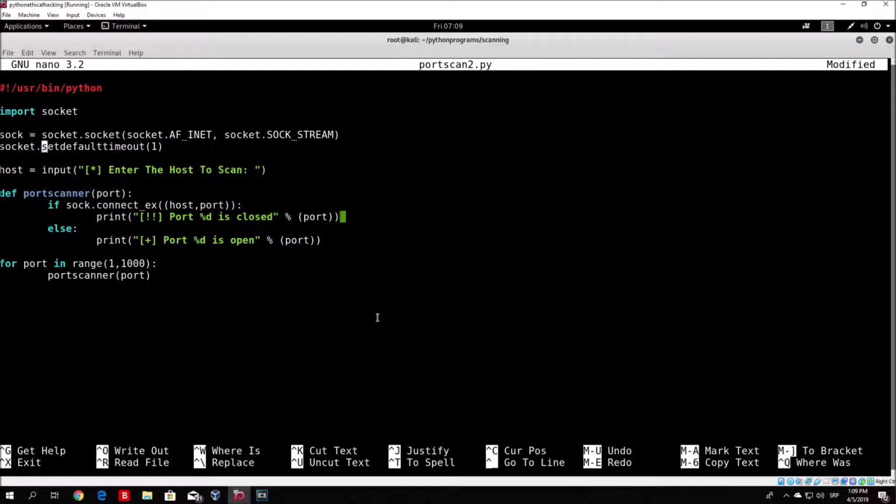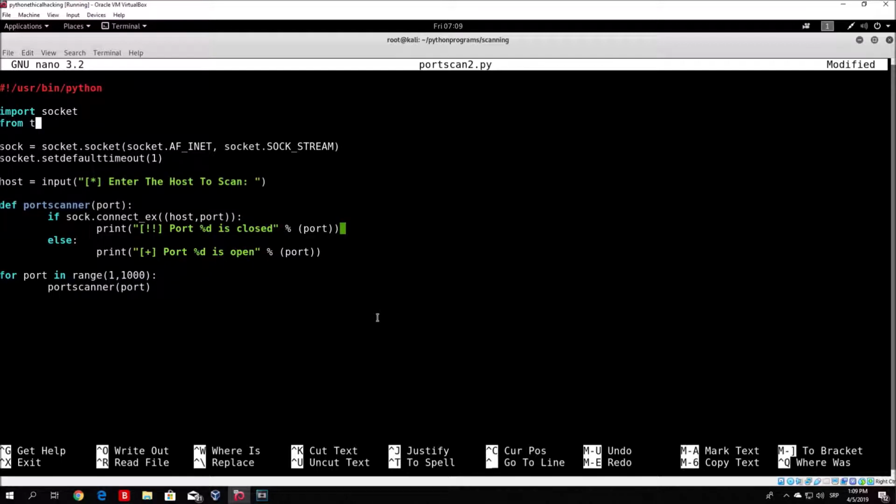So right now, in order to actually color the print statements, we need to import the library. So for termcolor, import colored, and we need to call the colored function in our print statements, which we can do right here. So colored, open the brackets, then after the port specify a comma, and then there we want to print the closed